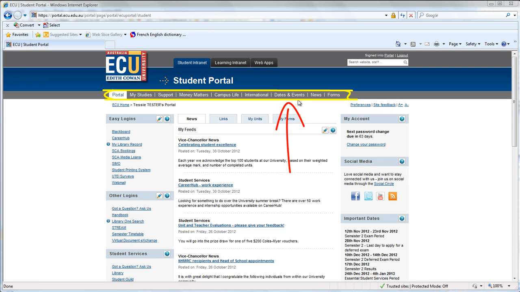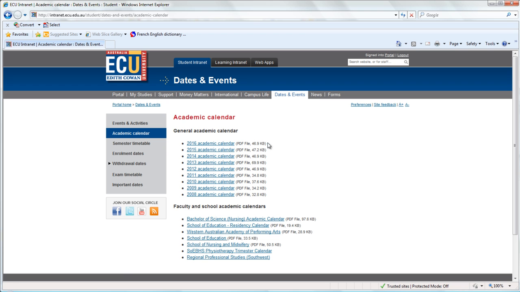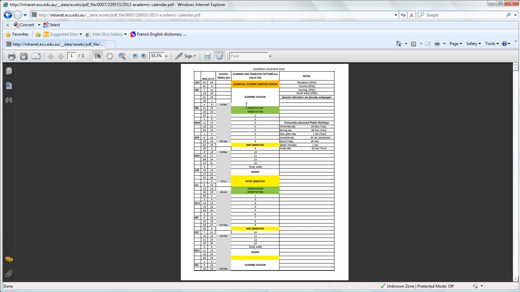The Dates and Events page is a useful resource for accessing information on important dates and the academic calendars. Once on the Dates and Events page, refer to the left-hand menu and select the Academic Calendar tab. This will take you through to the academic calendar for this year. Clicking on this PDF will show you when university starts and finishes, as well as when the exams are and